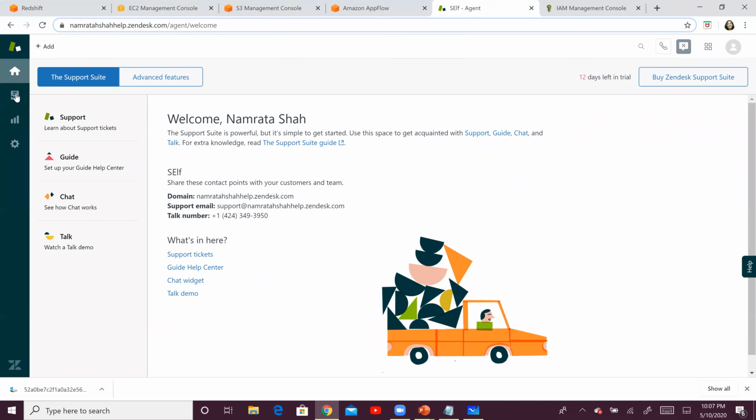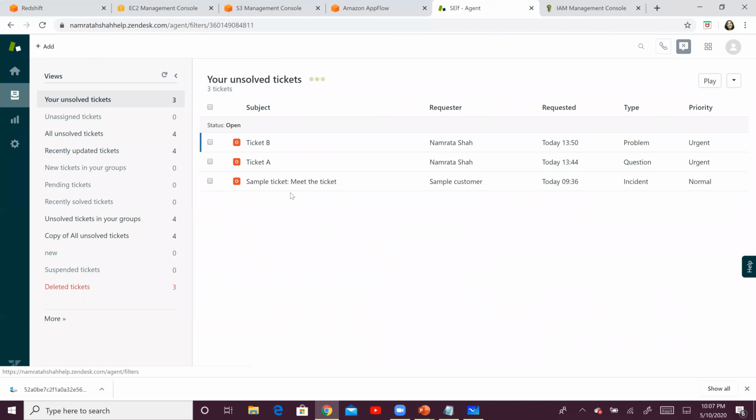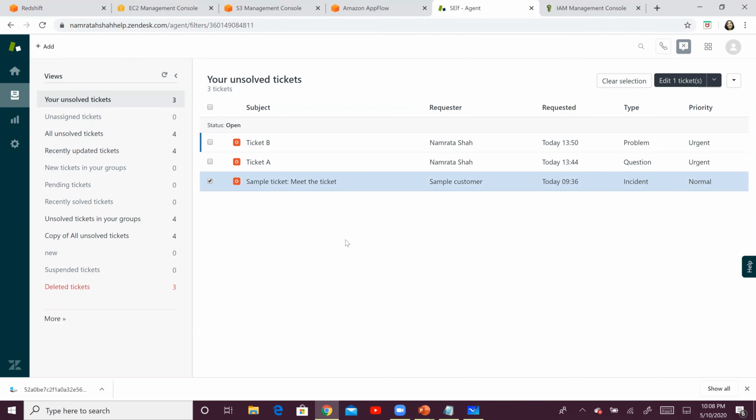Now, another thing that I have done, and if you want, you can do this at your end. What we will be doing is copying ticket information or ticket data from Zendesk to Amazon Redshift. By default, when you register for your trial account, you will get one sample ticket record. What I have done is I have created 2 additional records for this demo. And if you want, you can create additional records for yourself as well.